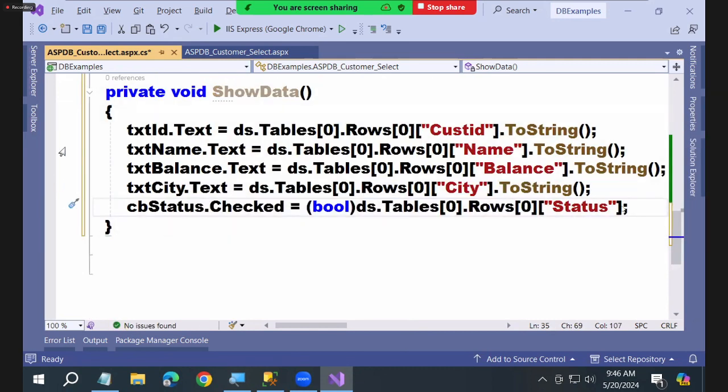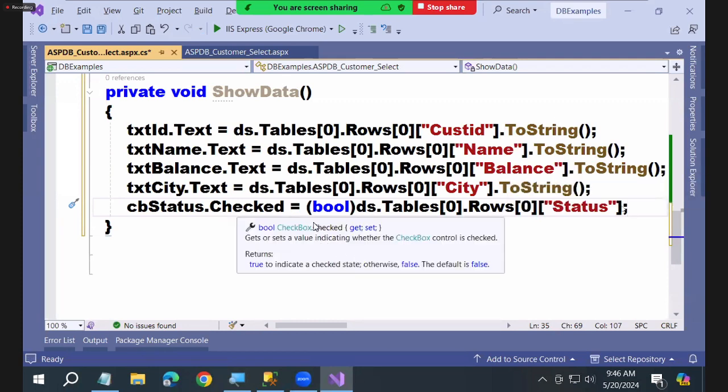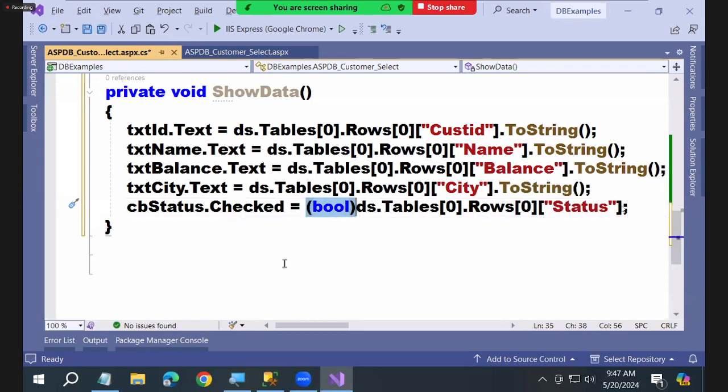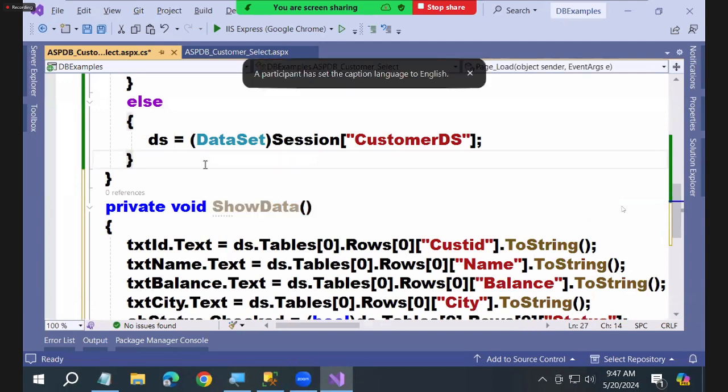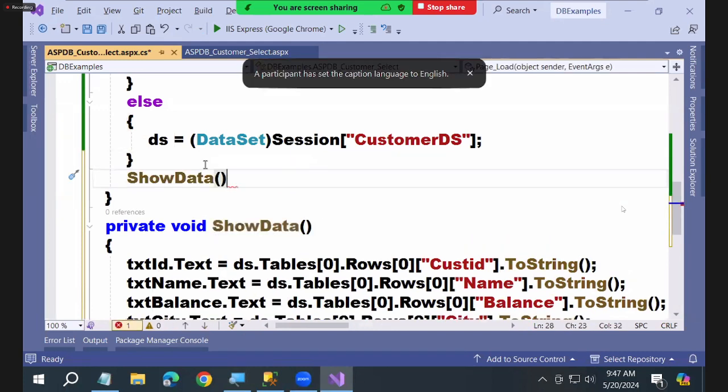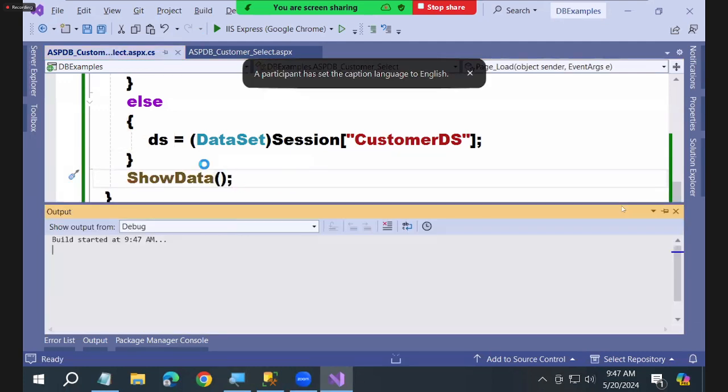There it is a string. So I called it toString, but this is not a string now, this is a boolean. So I converted into boolean. Now guys, I am going to call this method now. I'm going to call this method. Okay. So we'll come here and I will call the method in the load event now. So when I run now,